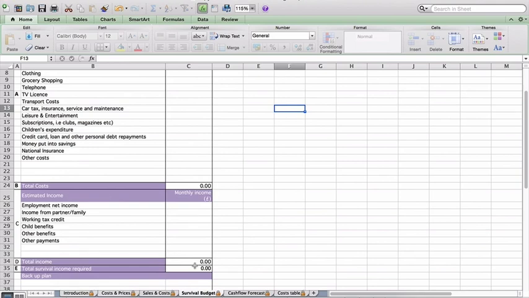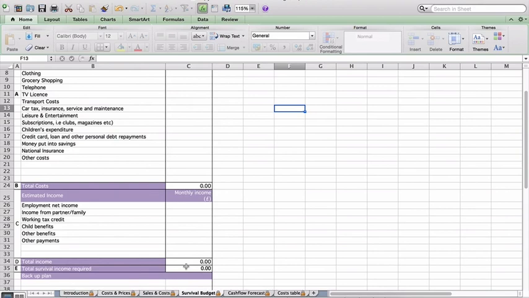Most businesses in the startup stage don't actually expect to draw a salary, but it is very important when you are starting a business that you do look at your own personal requirements and expenditure, so that you know that you're going to have some sort of buffer there. Hopefully once you've completed this, you'll see that you'll have a higher income than your costs. Otherwise, that should be a little bit of a red flag for you, because then that gives you a little bit of a buffer where